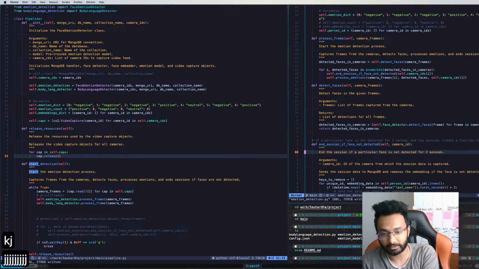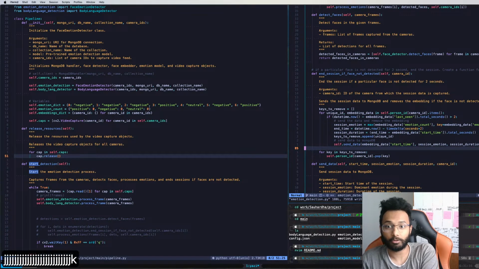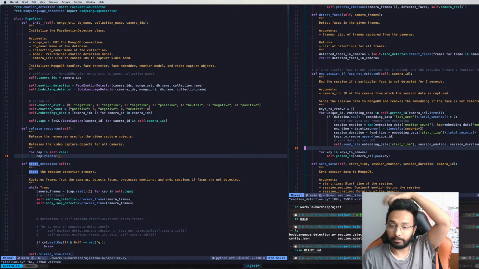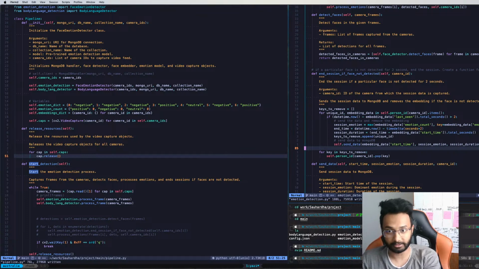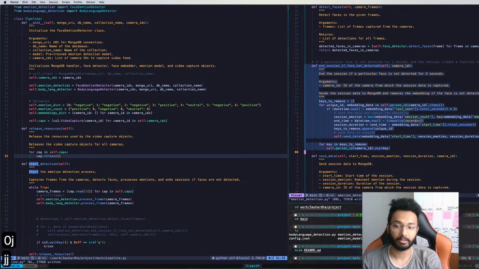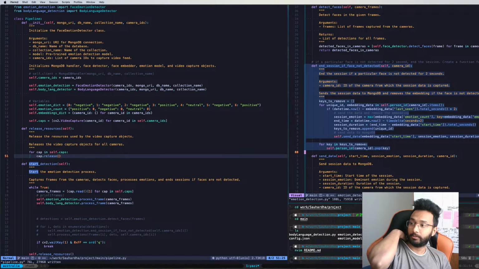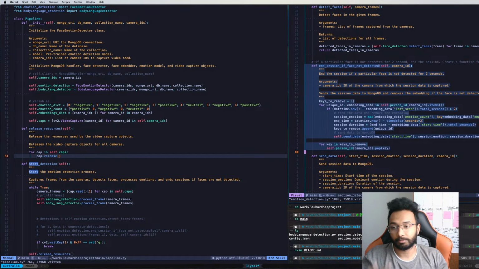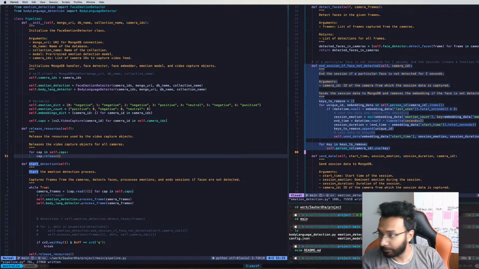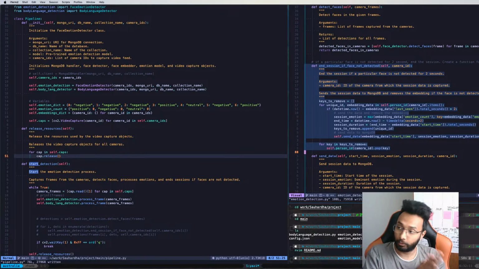If you want, you can just look through the code. This block, let's see if I can highlight it. So this block, this function block, is actually more important. So end session if face is not detected, so a specific face is not being detected anymore. And if for 2 seconds the specific face is not detected anymore, so